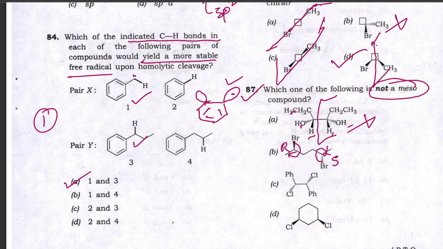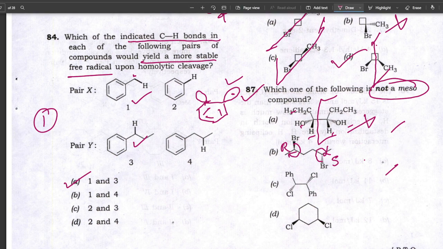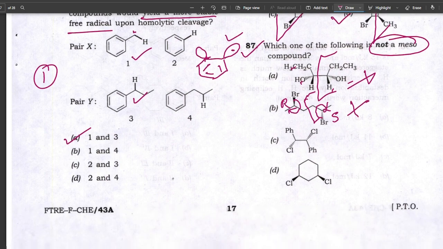We know that if I put R before a mirror, it will reflect as S. So R and S in a molecule, in the same configuration, being mirror images of each other, signal that there is a sigma plane. So definitely this molecule contains a sigma plane. So it is actually meso. This is not the option.